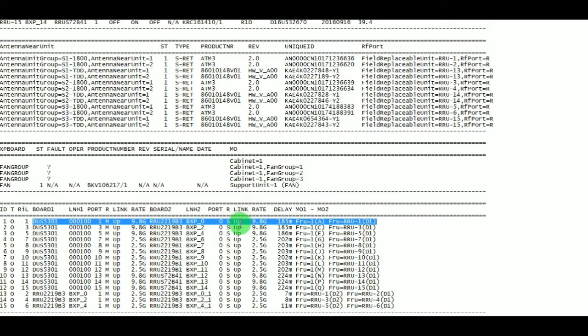Again, the link status is up here. This is the far end details, and the link rate is 9.8 GHz, which is nothing but the same RDH 102.65/2 SFP module used here, and the delay is 185 millisecond. This is the connectivity details, that is, it is connected with baseband port A to the radio unit RRU 1 data 1 port.